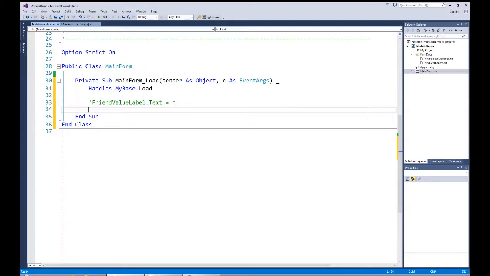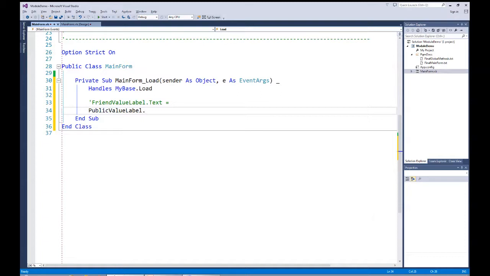and then I'm also going to have the other property that I had created, the public value label, and take its text property, and I'm going to assign it as something as well. Now I could very quickly just assign it to a string literal, but I'd like to take advantage of seeing how we see variables in a module. So I'm going to come now over to my